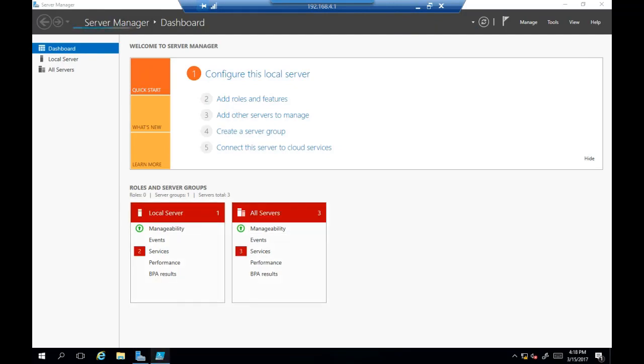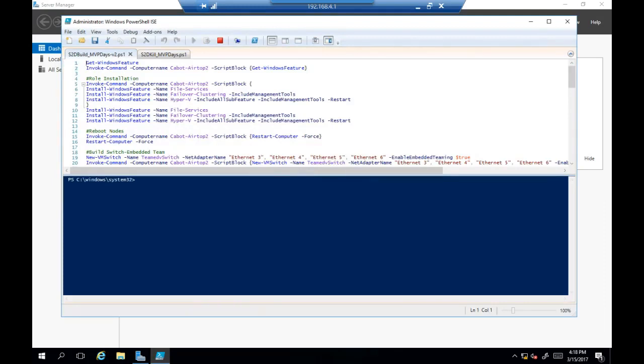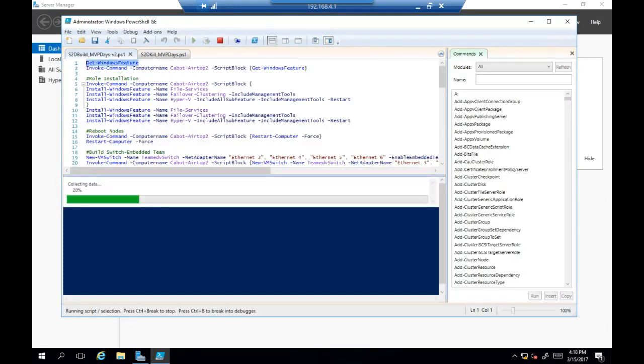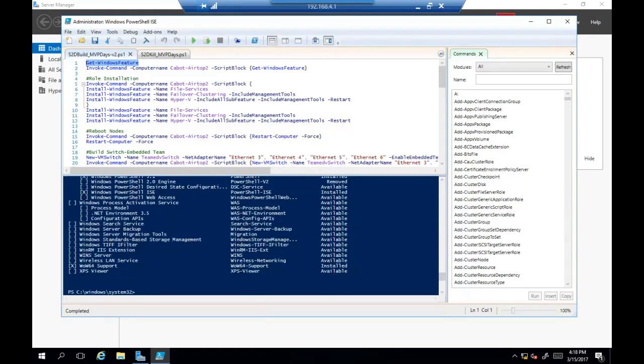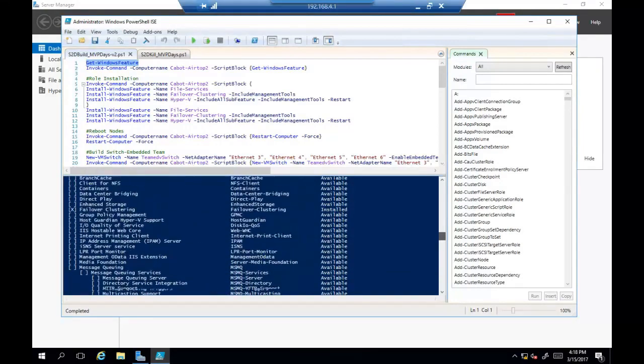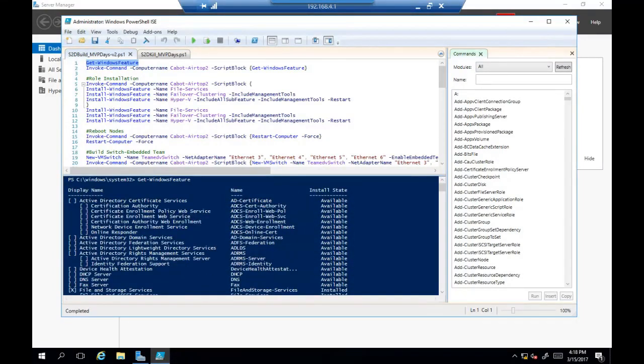Let's run PowerShell. Yeah, of course it didn't, because it rebooted. But now if I do Get-WindowsFeature on here, there's a whole bunch more stuff turned on, right? Everything that I put in that is now enabled. So that's all groovy. So now what we're going to do, after we've got our roles turned on and